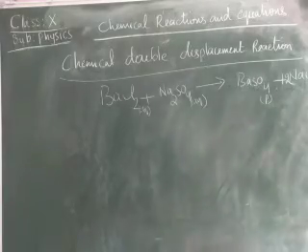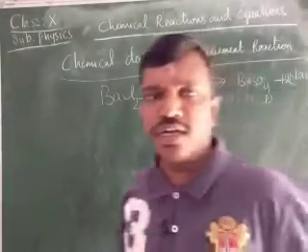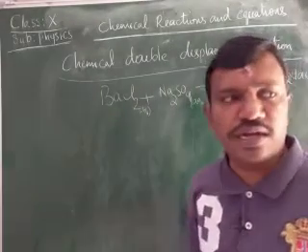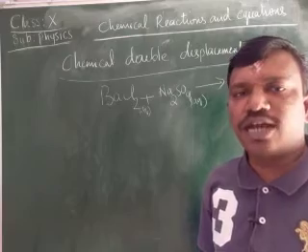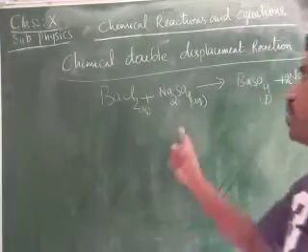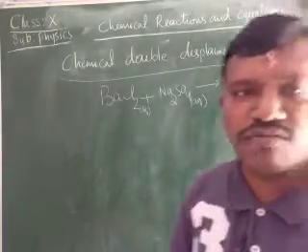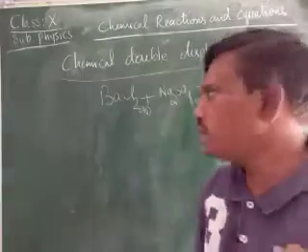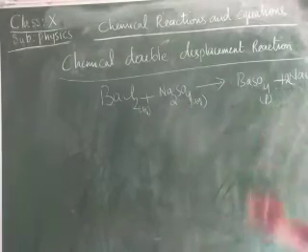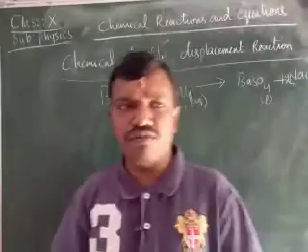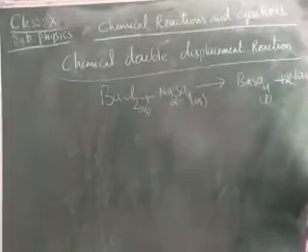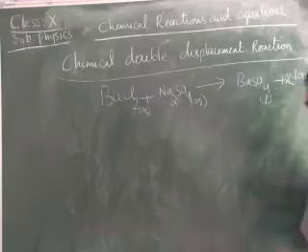Normally for that we should take a pinch of barium chloride, or just 10 grams, in a test tube, and add some water to make a barium chloride solution. In the same way, we make a solution of sodium sulfate by adding some water. That's why we indicate them as aqueous solutions. When we mix them, a white precipitate is formed, which we call barium sulfate, and the residue is sodium chloride.